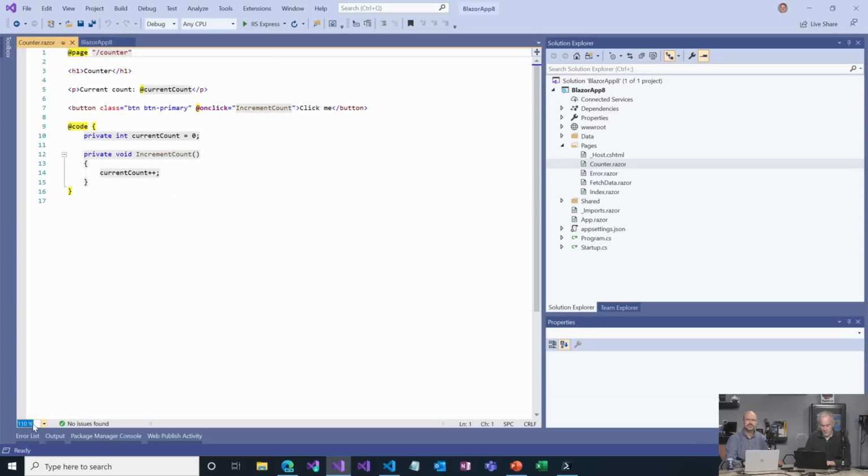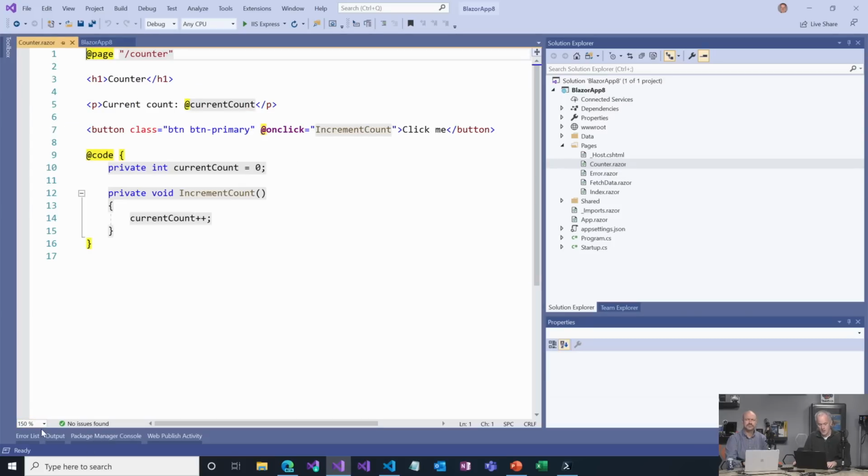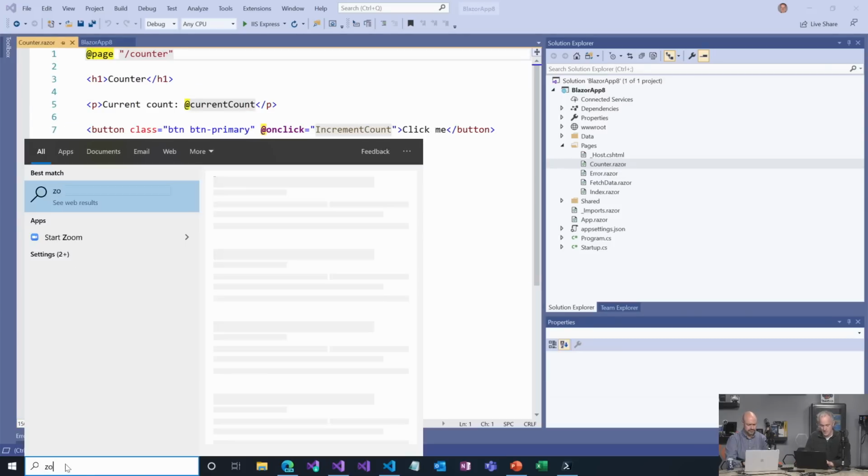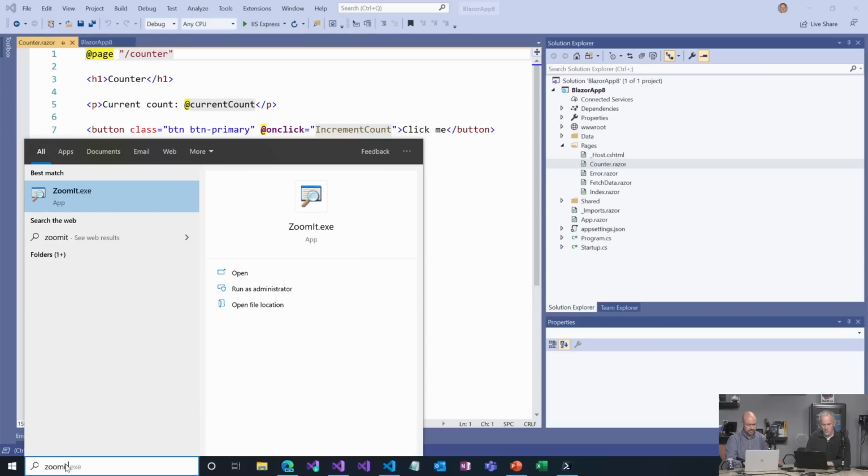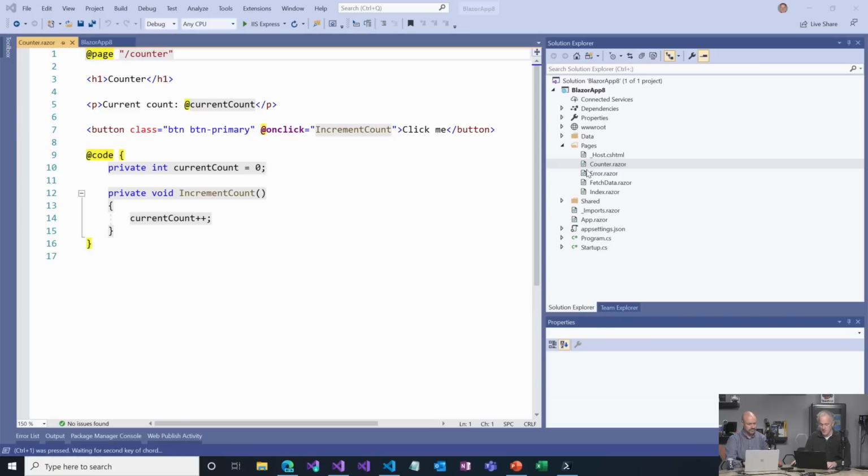Let me make this a little bigger so people can see. There we go. And can I zoom? No, let me get some zoom going. There we go. Okay, so we have counter.razor, and when we build the app, that Razor file is going to get turned into some C#, turned into a .NET class and compiled. And then you just use it as a .NET class that knows how to render the stuff that you're seeing